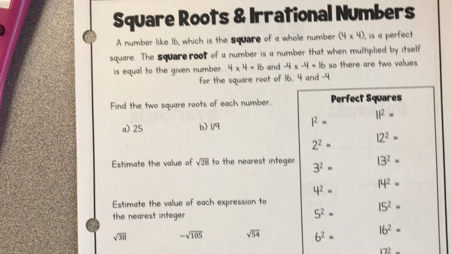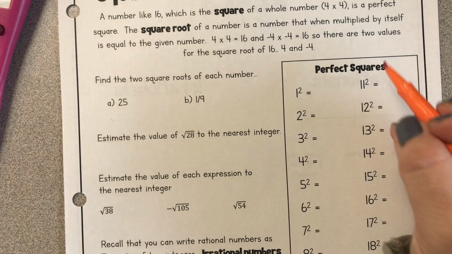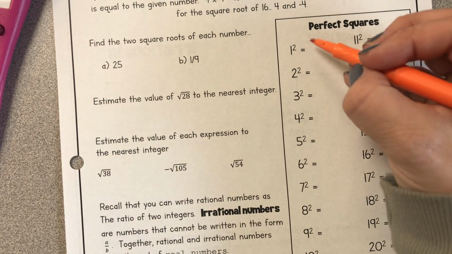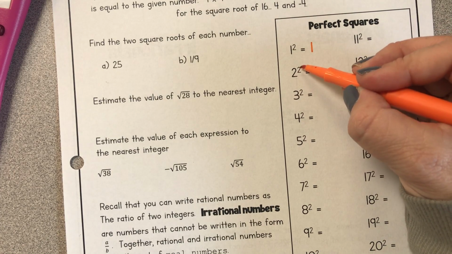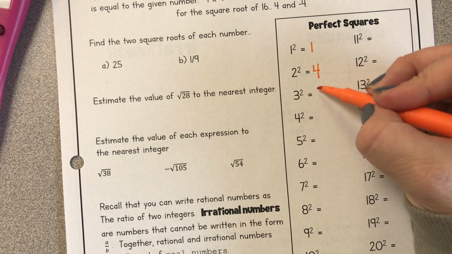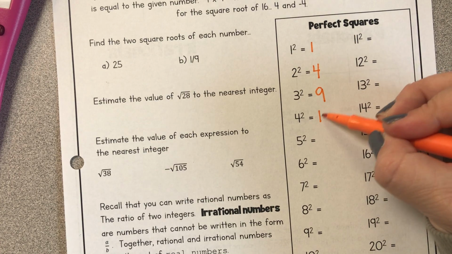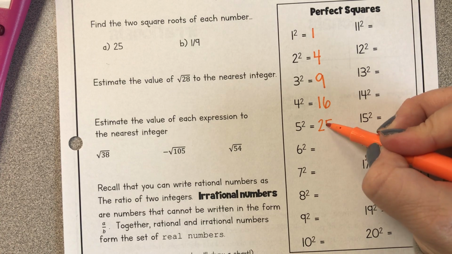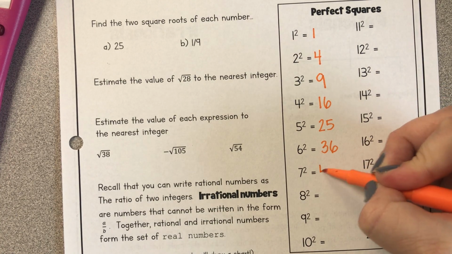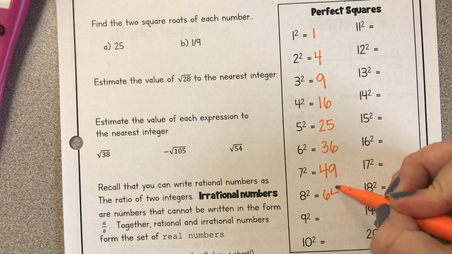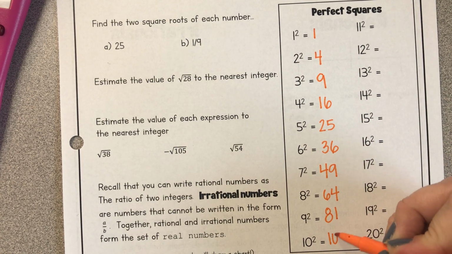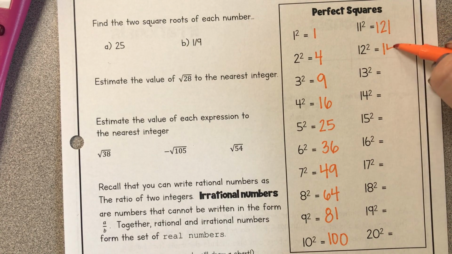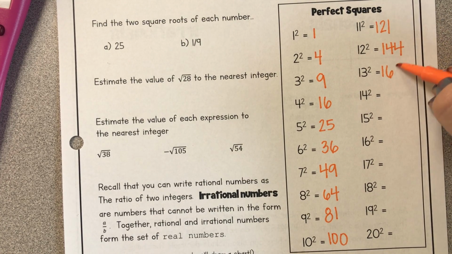So let's make our list of what are called perfect squares. If I take 1 and multiply it by itself, 1 times 1 is 1, 2 times 2 is 4, 3 times 3 is 9, 4 times 4 is 16, 5 times 5 is 25, 36, 49, 64, 81, and then 100. 11 squared is 121, 144, 169,